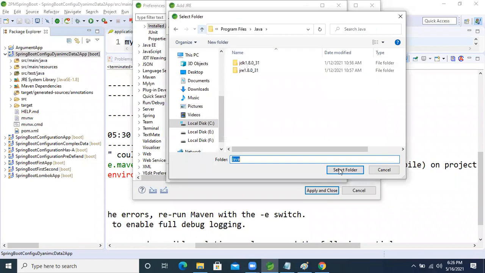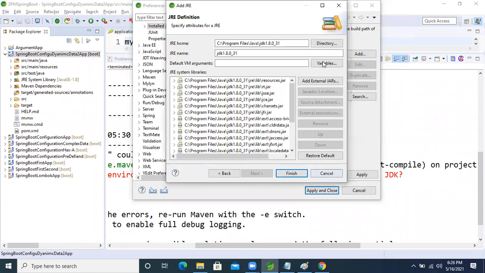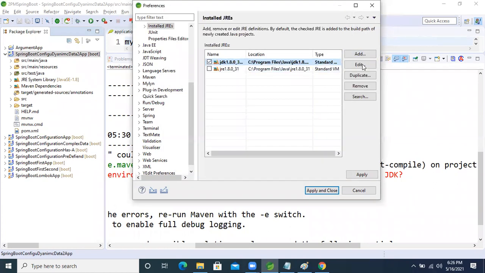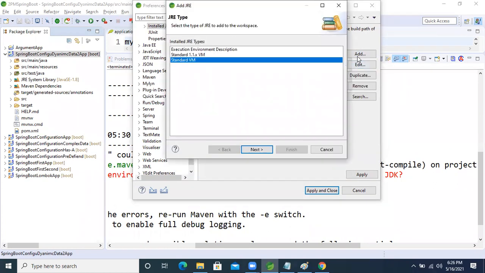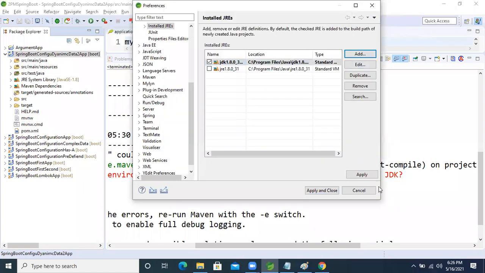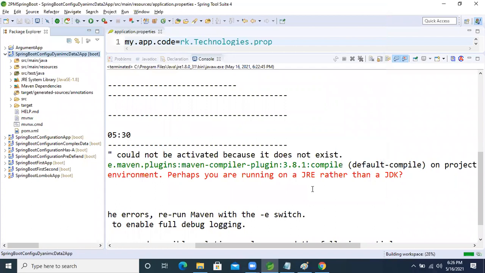Select JDK. Select folder. Finish. The JRE and the JDK is there, right? Select the JDK. Add, apply, and close.